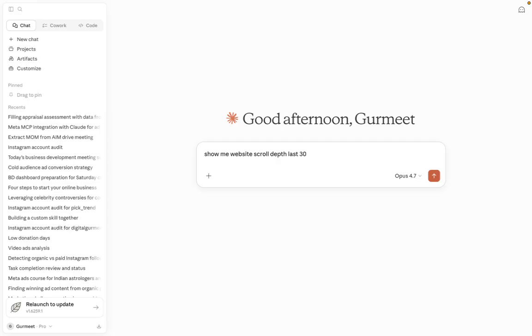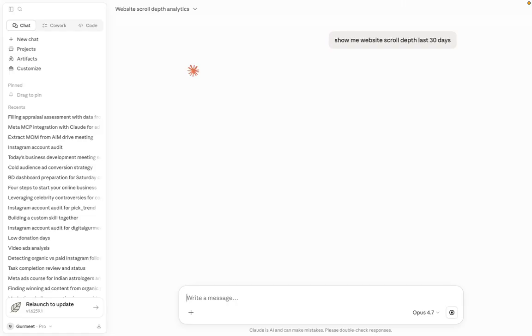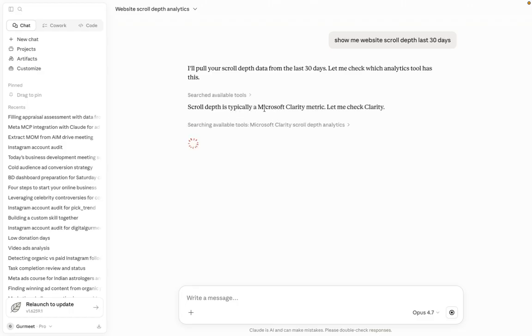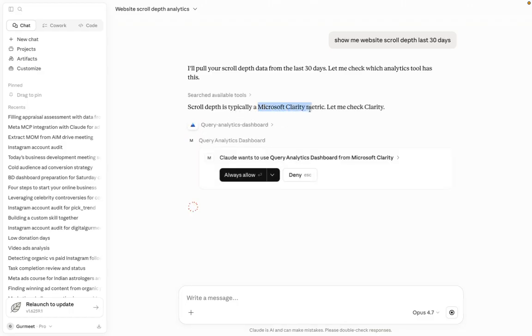Or let's say last 30 days. Now let's see whether it will be able to connect the depth and all. Searching the visual, it's typically Microsoft Clarity. You see, Microsoft Clarity is there. I'm connecting it to it. So that was something I was talking about.